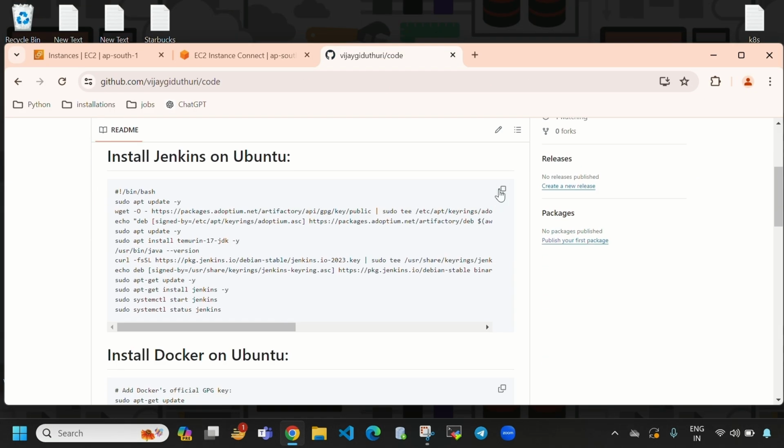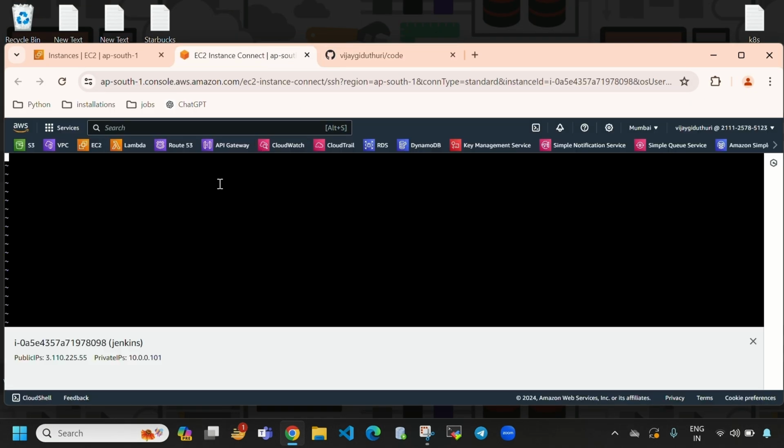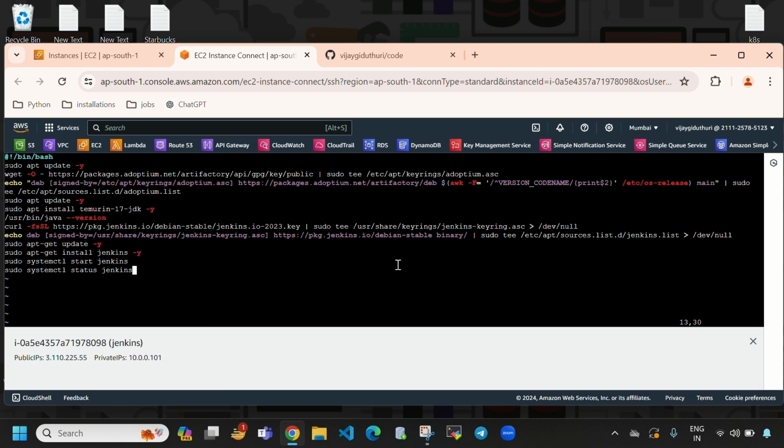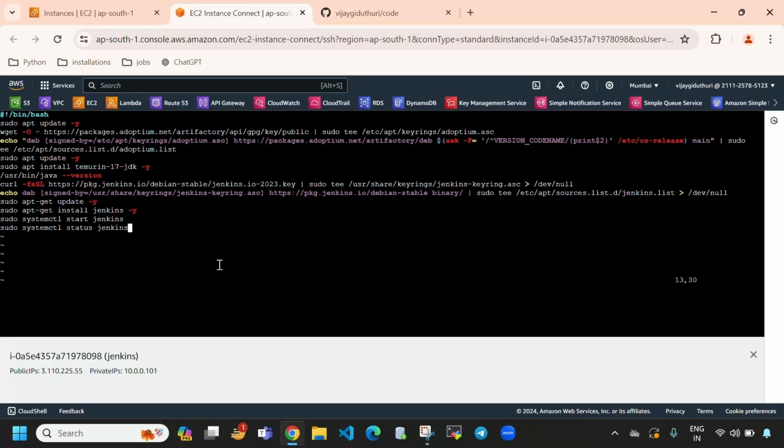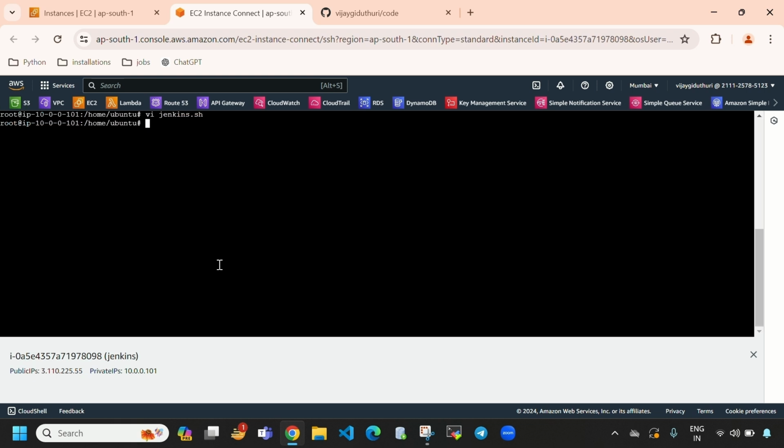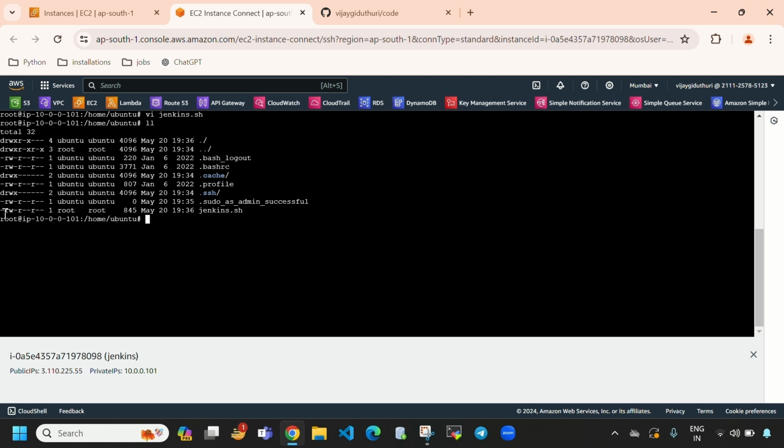So here you can see this is the script. I am going to copy this and paste it here. The script will install Jenkins. I'm going to save this, and when I hit ll, this file doesn't have executable permission, so we need to provide executable permission. So sudo chmod 777